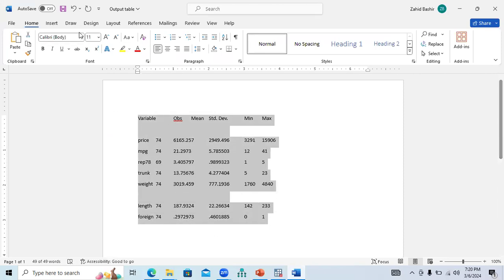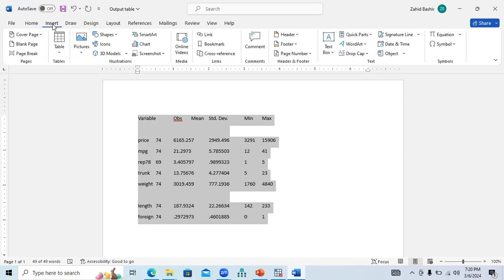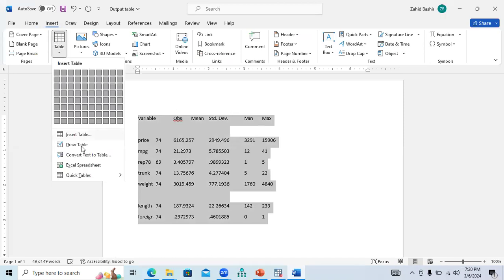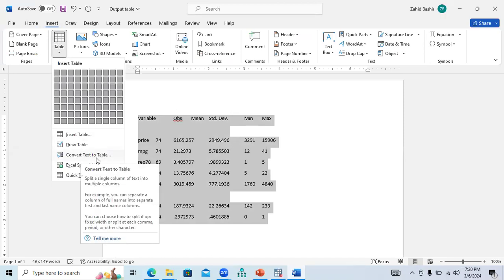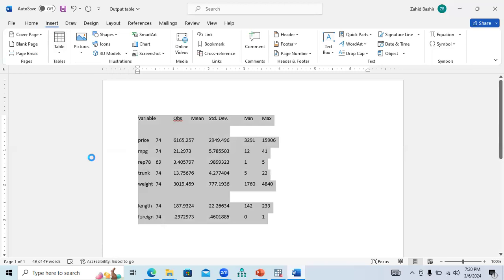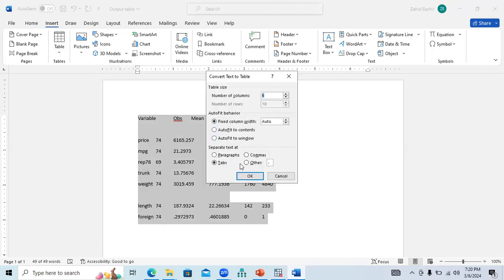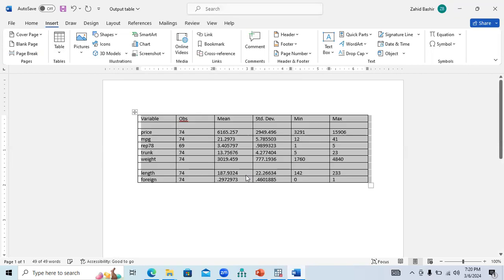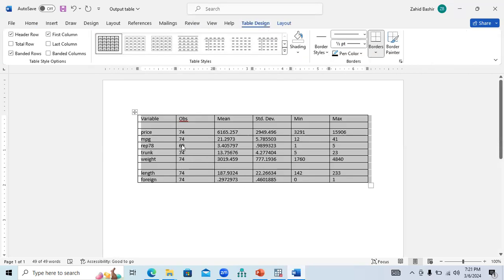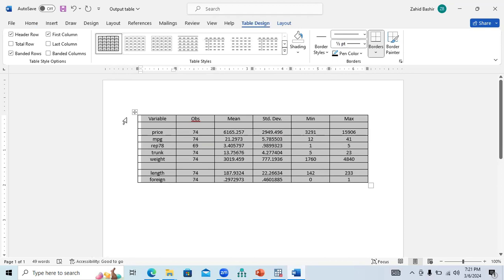You can select it and convert it from here. There is an option, Insert, go to Table and Convert Text to Table. You just need to click OK and it will convert your text into a table like this. You can edit it